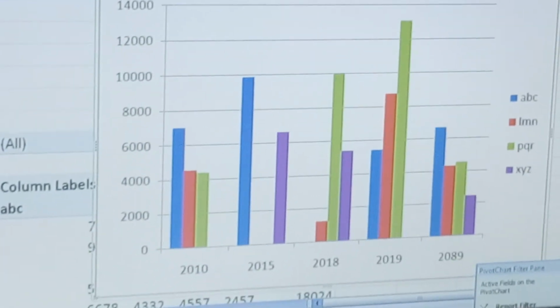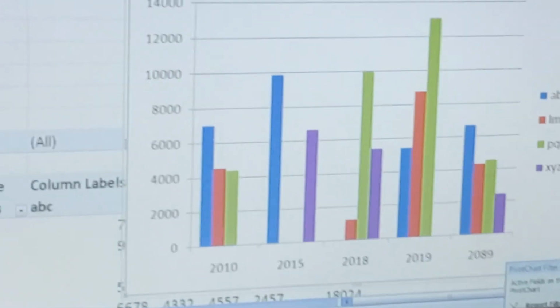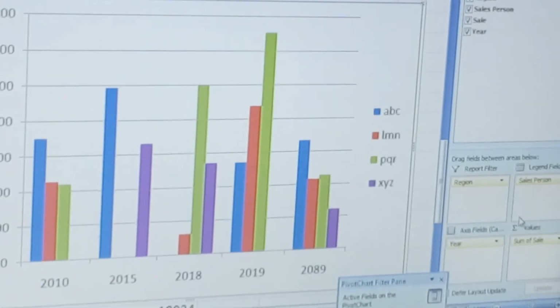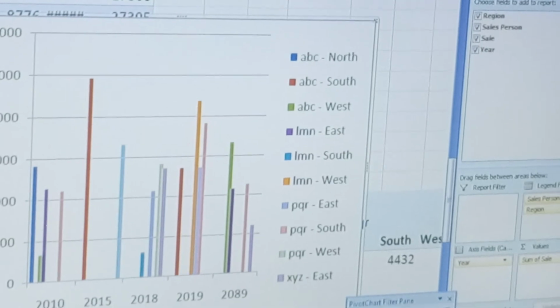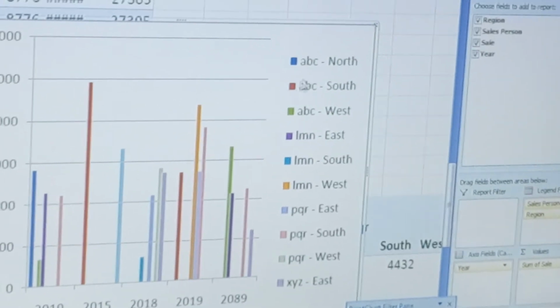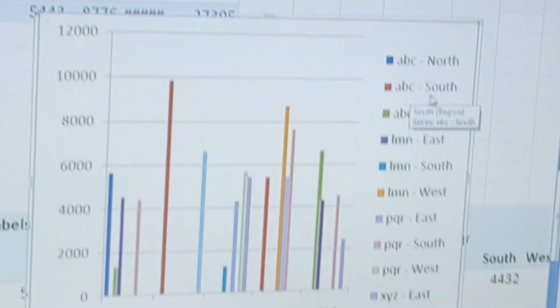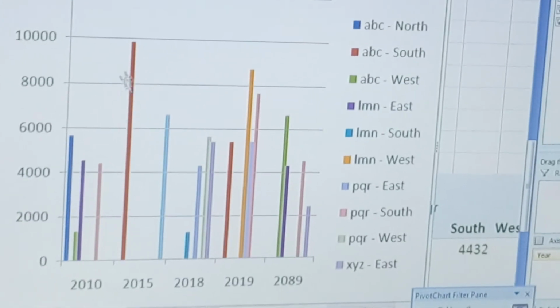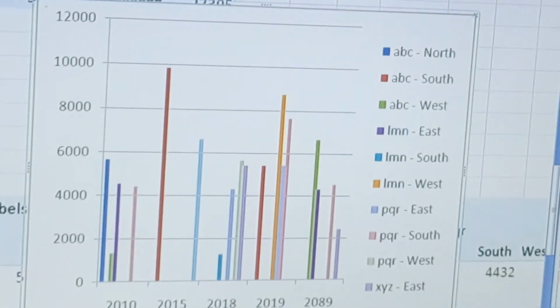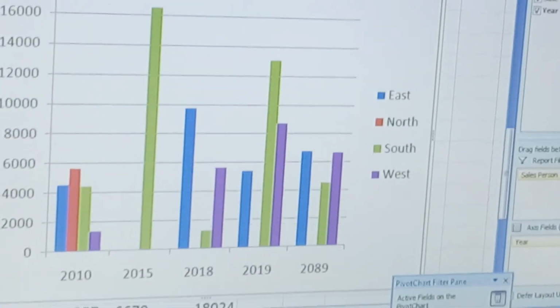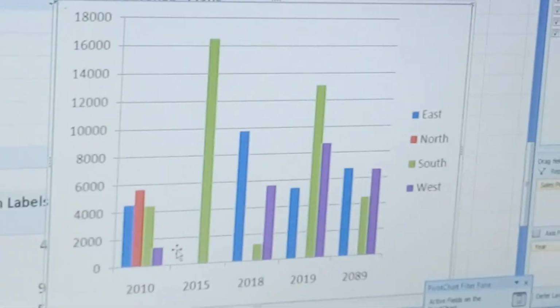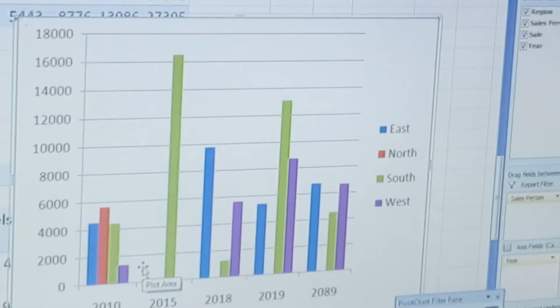Why does it show salesperson? Because the legend field is salesperson. Suppose you want to work according to the region, then you can drag it here. There are different ABC of north, ABC of south, ABC of west. It shows the comparative study of different regions and the sales report of different regions for all the employees.